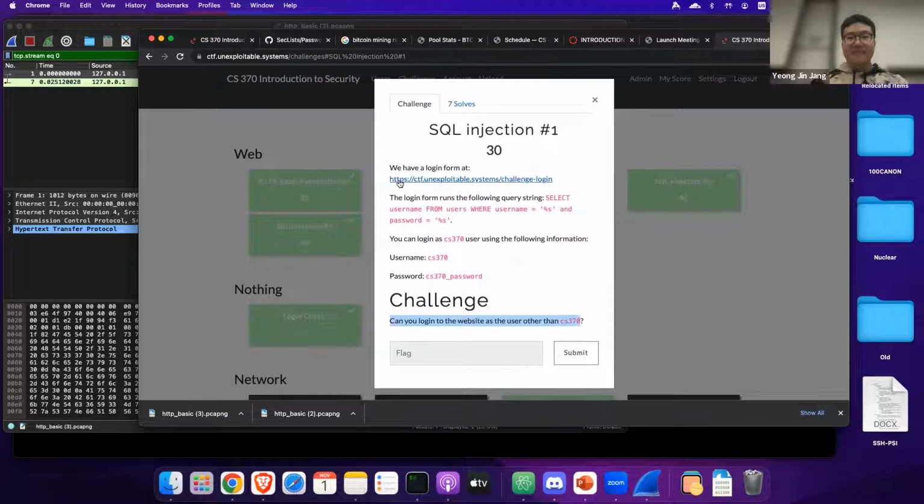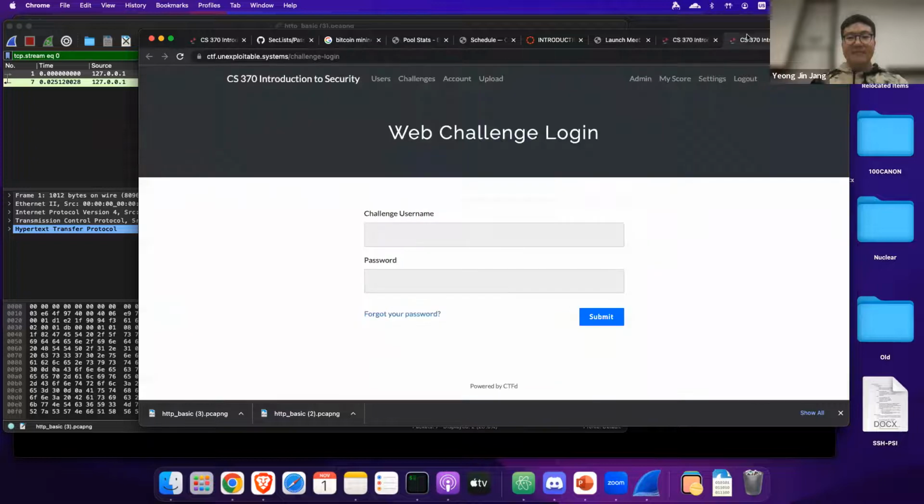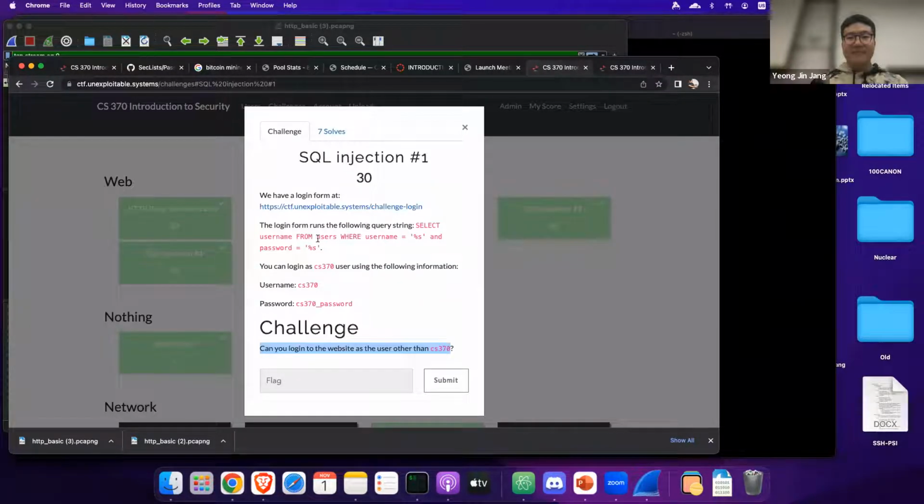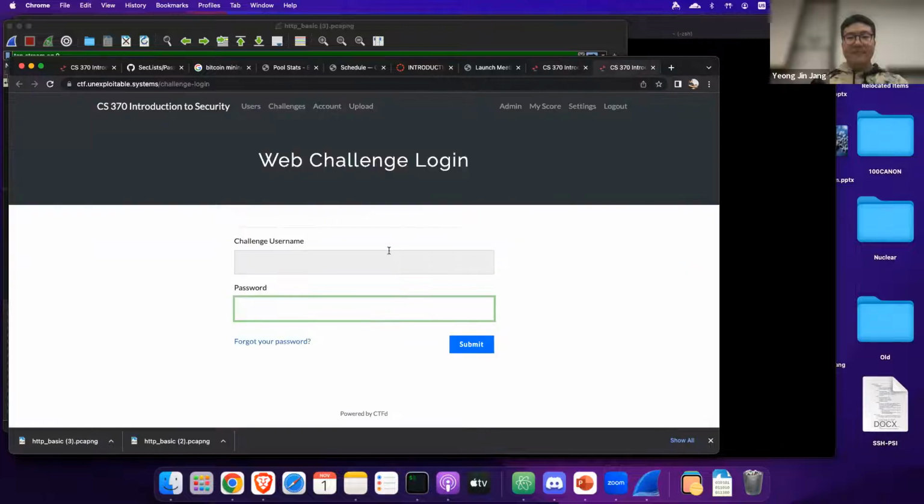So what it gives is a login form. If you click on it, this is a different login form than the scoring server. I have logged in for the scoring server, but this is a special website that I designed for the challenge. So you can type the challenge username and password. In the challenge, there is a sample username and password. Username is CS370, and then the password is this one. So if you use the default username and password,